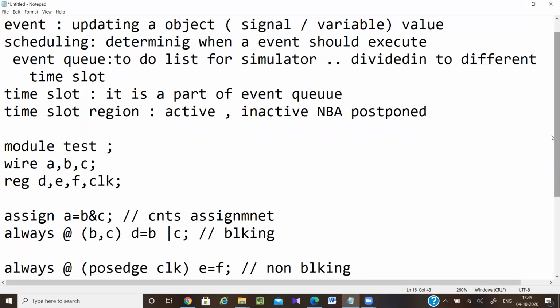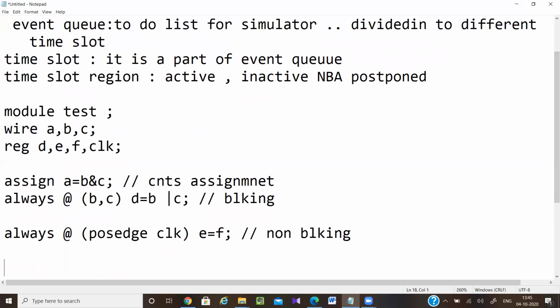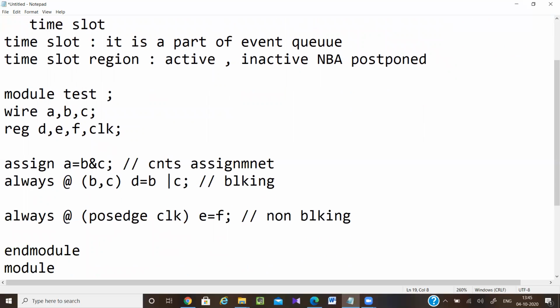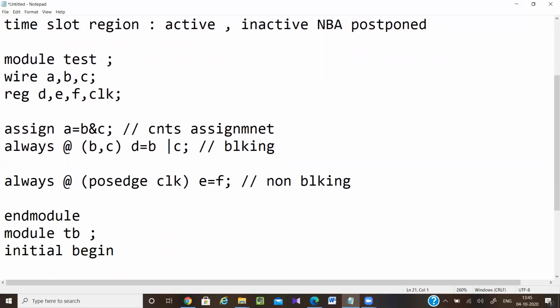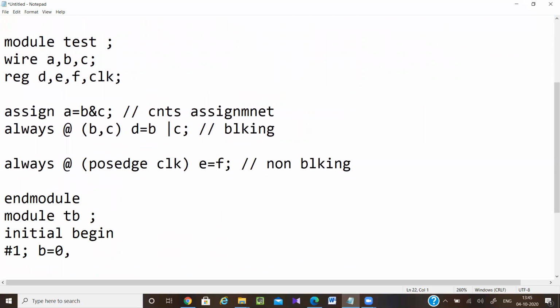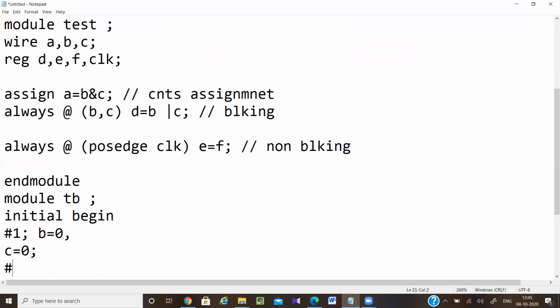This is your end module. Now the module testbench, where I am changing the values: initial begin, #1 B equal to 0, C equal to 0, then #2 B equal to 1.